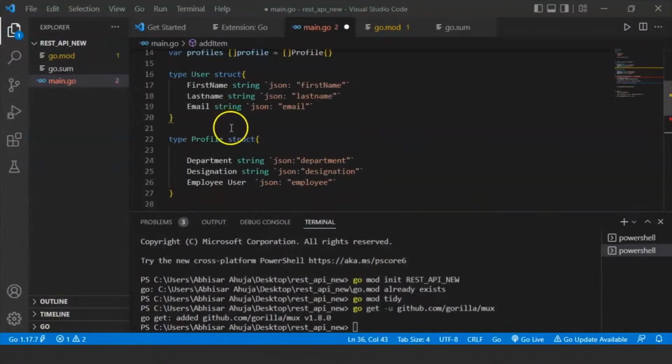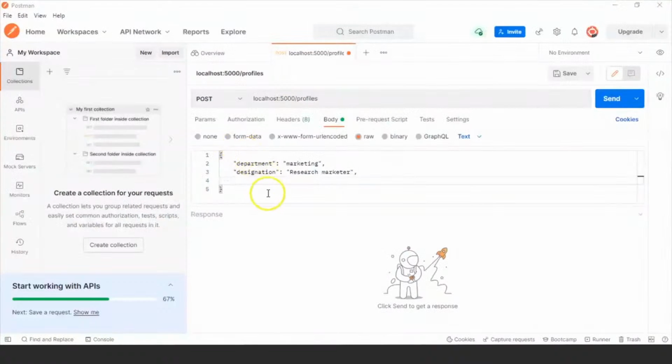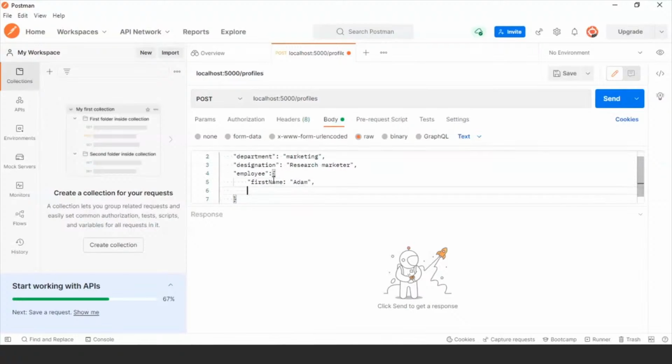And the next, I have to confirm that, was employee, and that is of the user type. So employee, and it has some fields inside it, so we'll declare those. That was first name, we'll make it Adam, comma, last name,